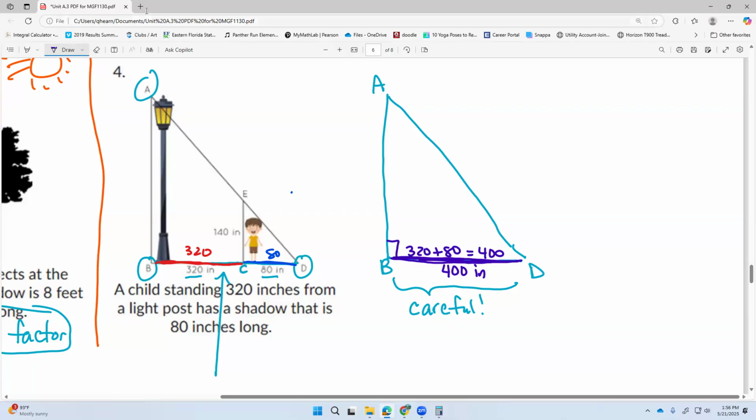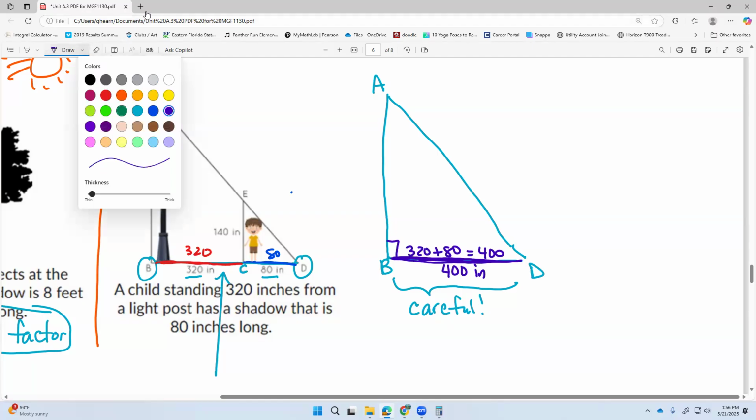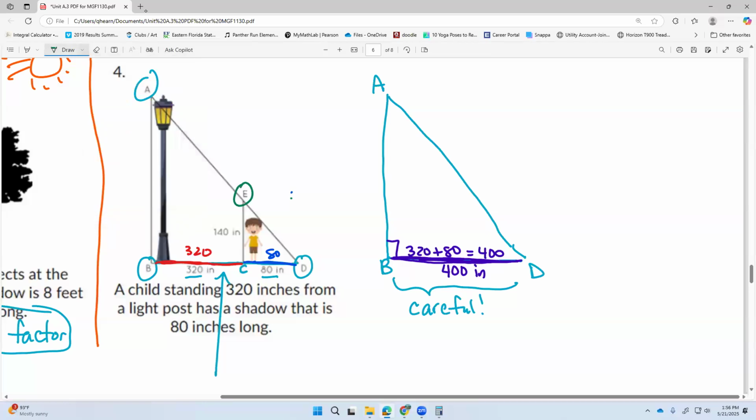And now I am going to draw the smaller triangle, okay, with the ECD. Okay, smaller triangle, ECD. Now, we do know C to D is 80, right? So we can mark that. We also can always, when we have a person standing on the ground, think of that as forming a right angle. Okay, and then, in order to know these are similar triangles, we actually need to know